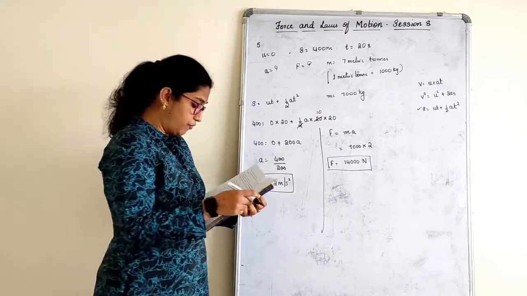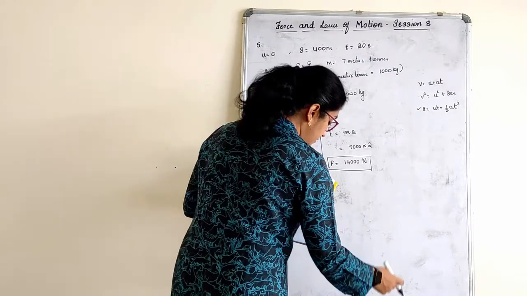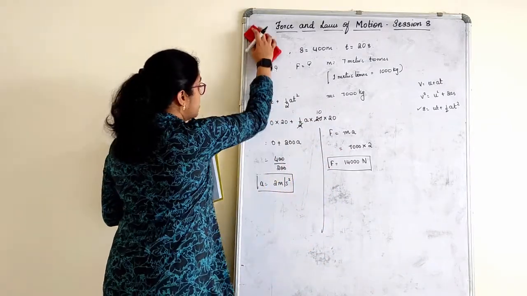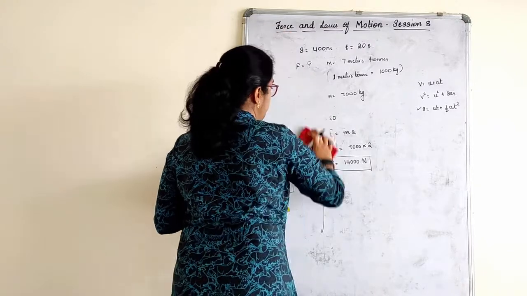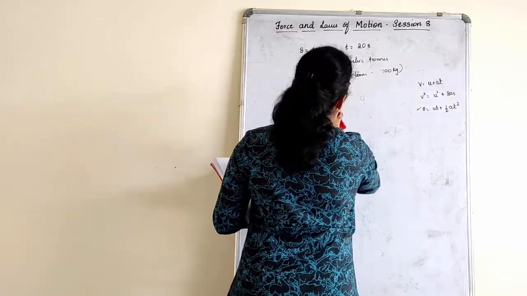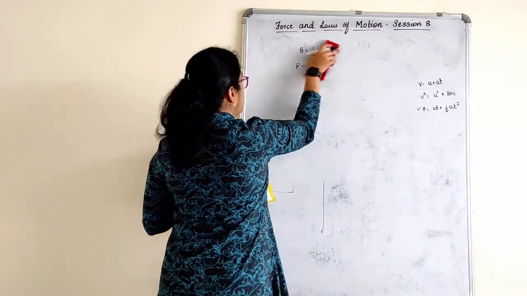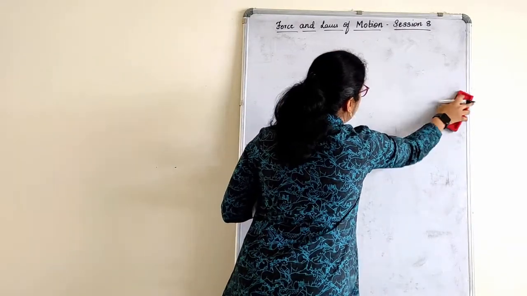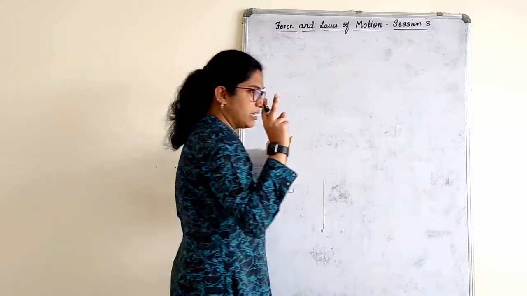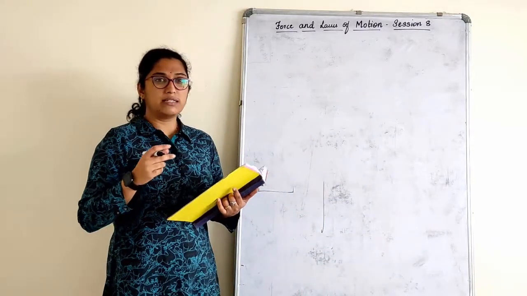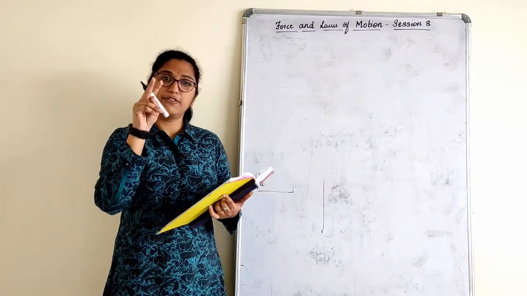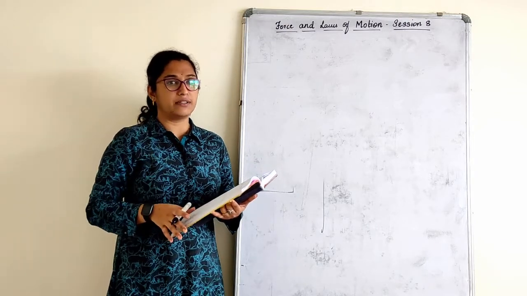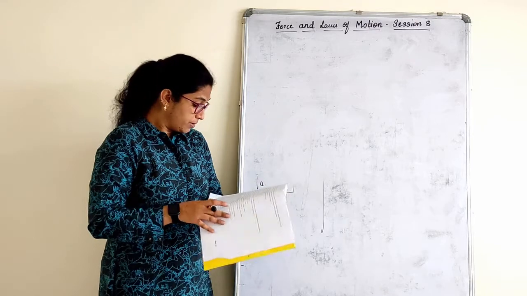A stone of 1 kg thrown with a velocity of 20 meters per second. I hope you have copied this down. We'll start with the next one. At the end of this chapter, children, if you remember, in Matter Around Us, there also we had 2 numericals only. So at the end of this chapter itself, those 2 numericals will be solved, which you can consider under the chapter Is Matter Around Us Pure.